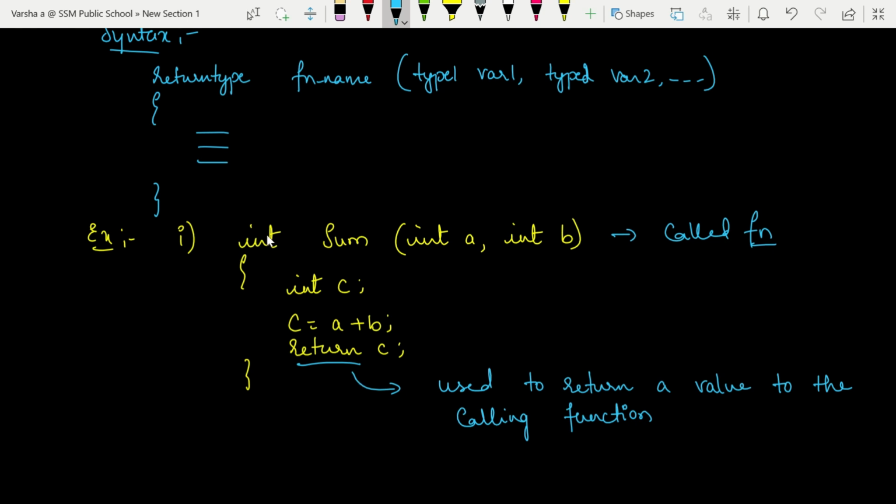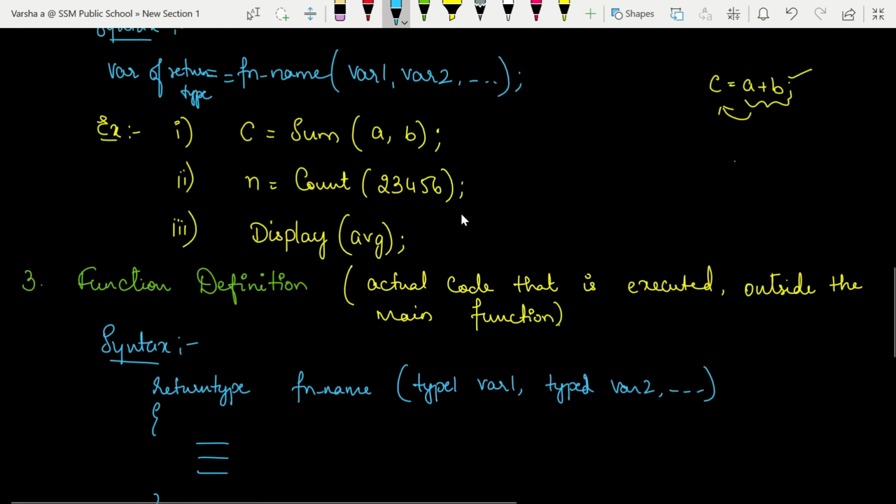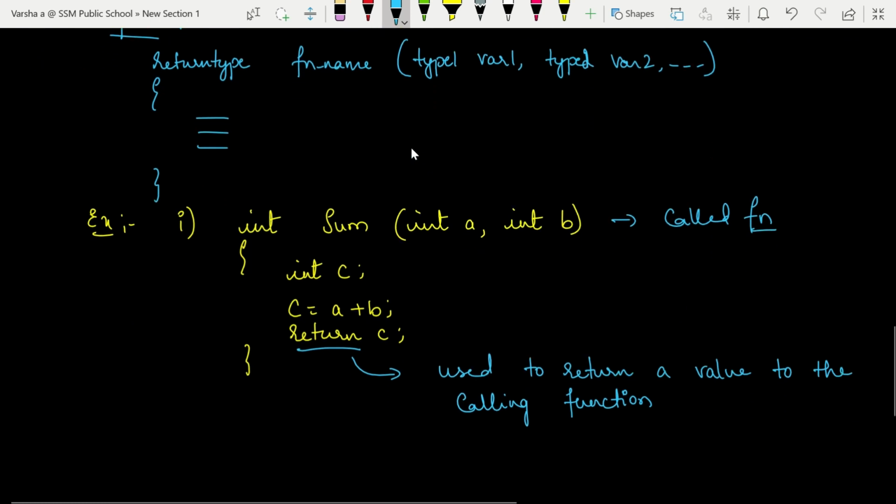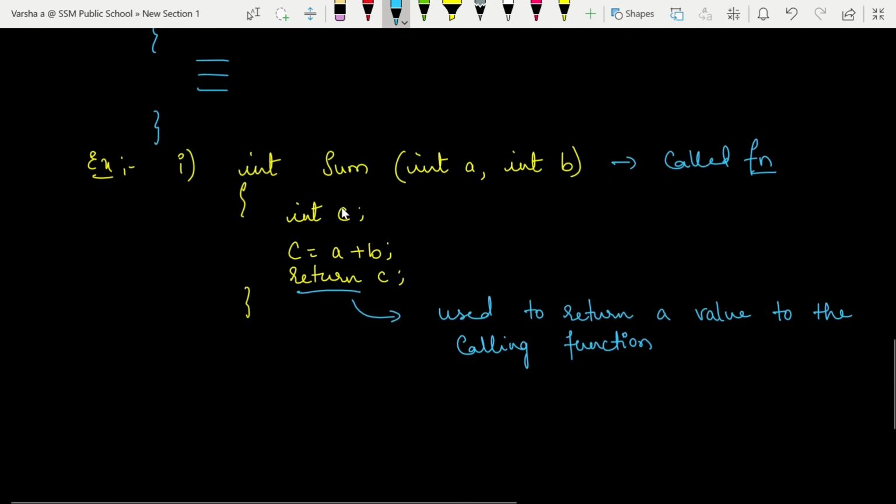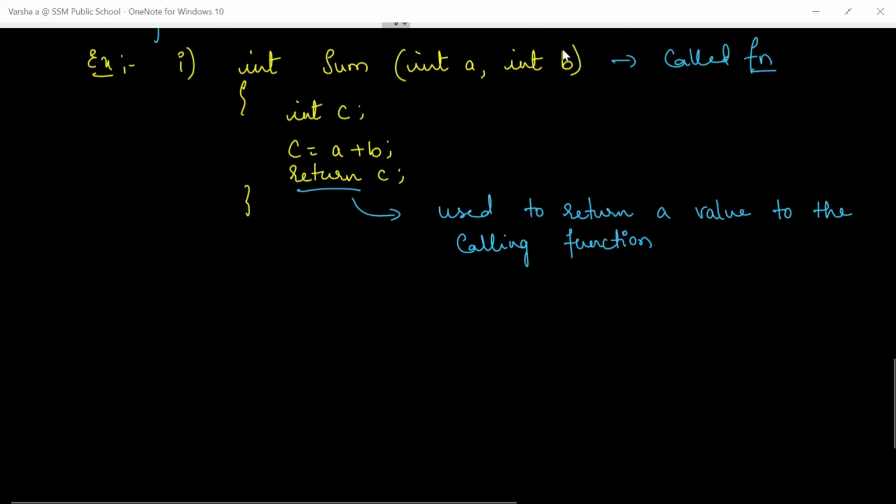So we are writing the return type, writing the function name, parameter data types with variable names. You can use same names as the ones given in the program in the main function, or you can use different names also. We'll discuss that as well. And then here inside I have declared one variable. I have done some calculations, and whatever value is there here, that is sent back to the calling function. And now I'll write the example for the next one as well.